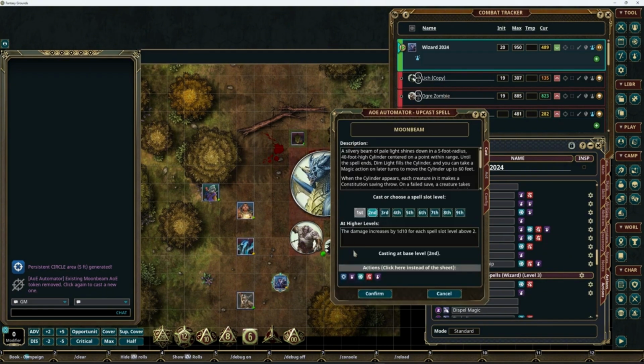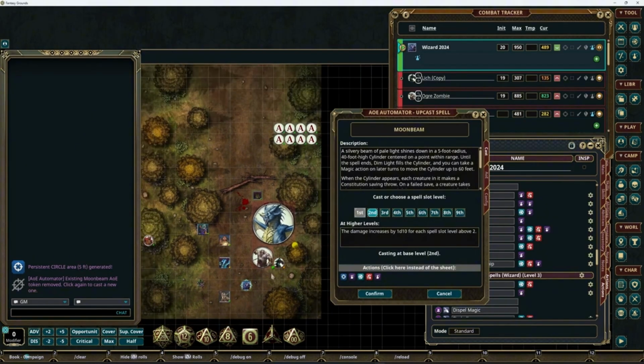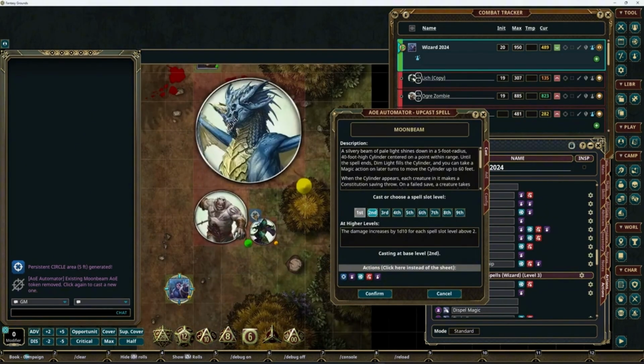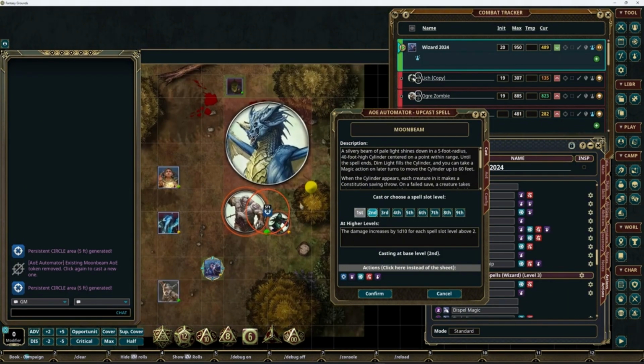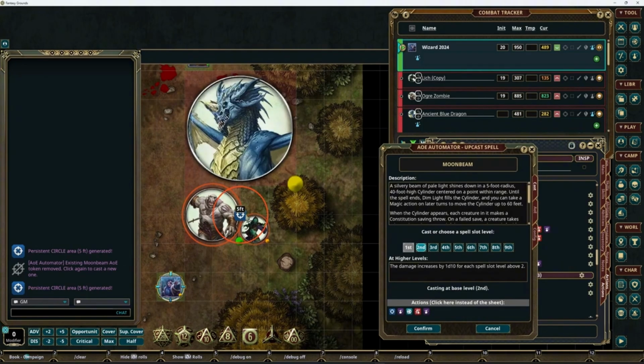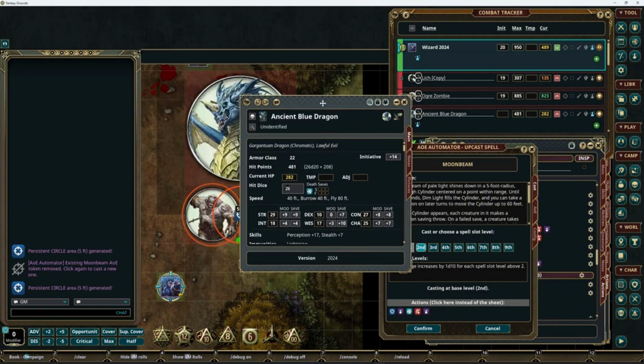So if I say I want to cast Moonbeam there, it will target these two things, and actually when you double click on the area of effect spell token, it will not open up the